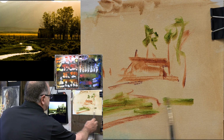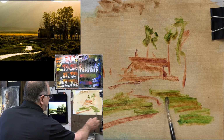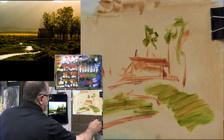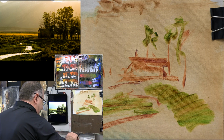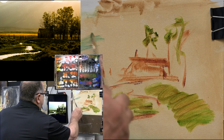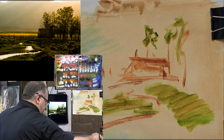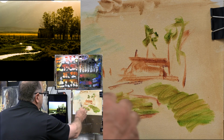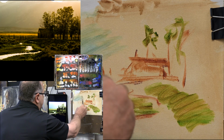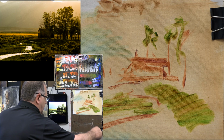Later on, I'll harmonize. There's a shadow here, and I'm just keeping it thin, washing it in. I wish that was green and not brown. Pretend that was green. I might take some blue and put that blue sky in. Now my tone is wet and therefore it's coming through. Usually I tone the day before. That's when I take one color and wipe it over the whole thing. I wash in the blue and thin it out, and I also take my fan brush